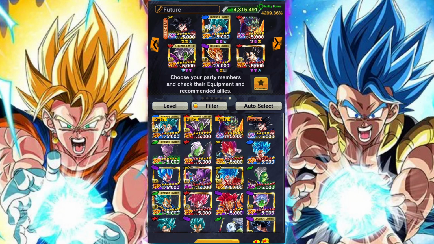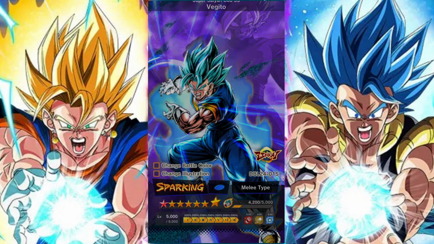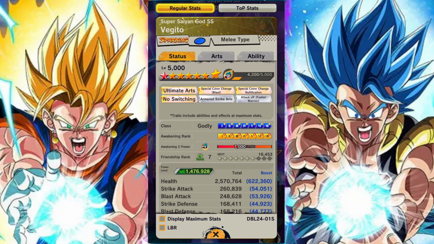In this video we're going to be taking a look at the blue Super Saiyan Legends Limited, Super Saiyan Vegito Blue. And why are we looking at Vegito Blue? Well, because he got his new unique equip. Now his unique equip is a big component as to why he could potentially be entering into the meta